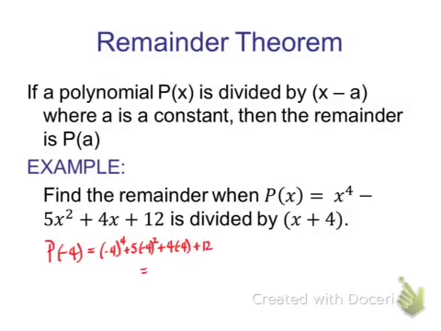And I'm actually going to calculate that out with my calculator. So let's do that real quick. Negative 4 to the 4th power plus 5 times negative 4 squared plus 4 times negative 4 plus 12. And I get